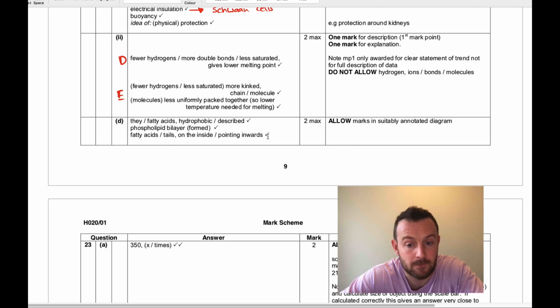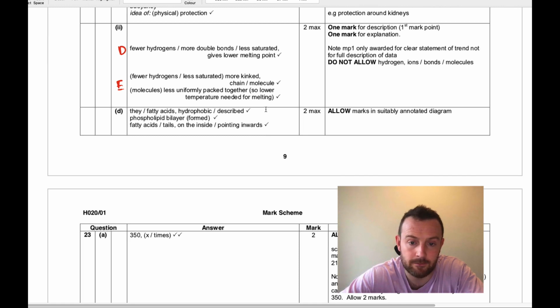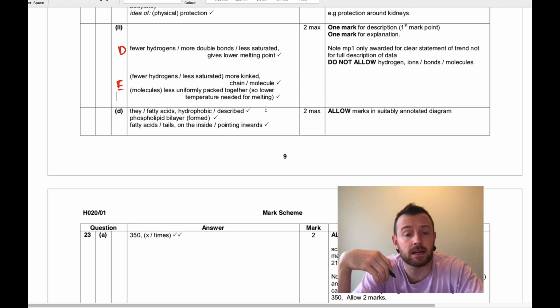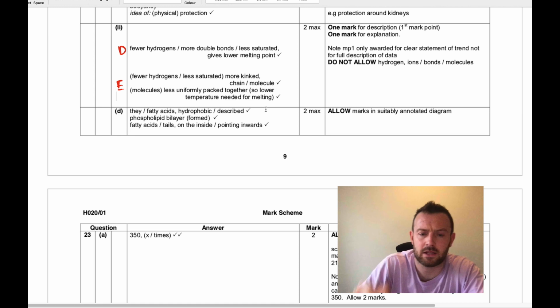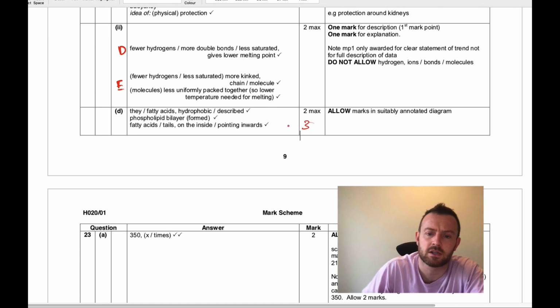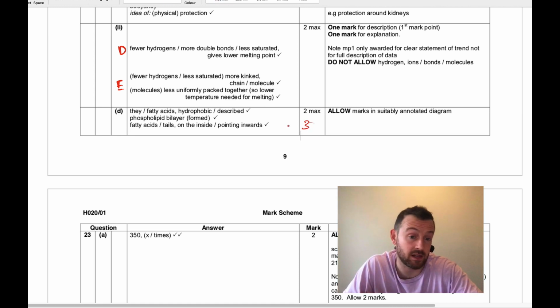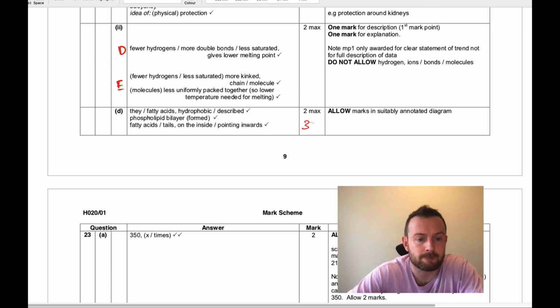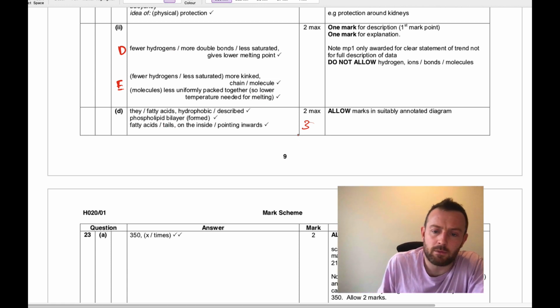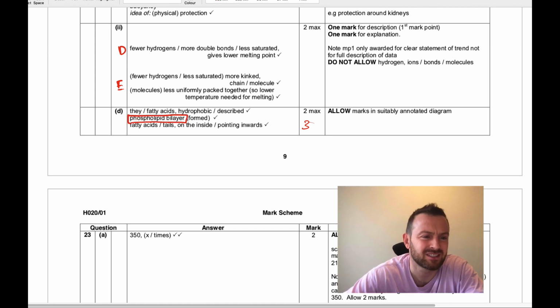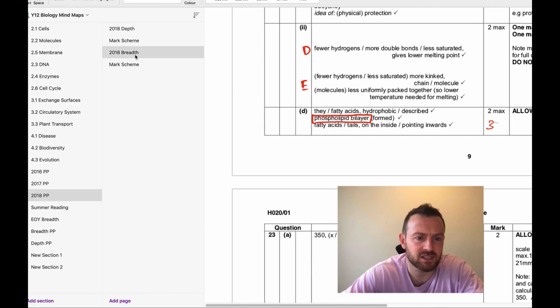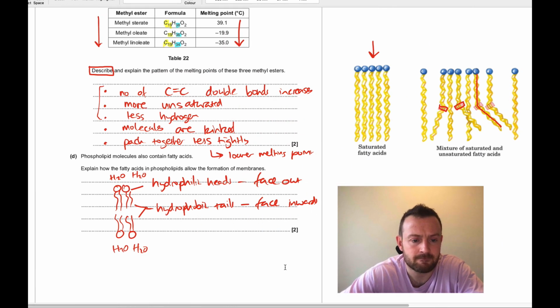I've also seen the same question in previous papers. There are also marks given for saying that the hydrophilic heads are facing into an aqueous environment, but I think in those questions it might have been a 3 max or a 4 max, so there's more things you can say. I think on that one I would have got 2, but it is also sometimes worth saying the obvious. I think I forgot to say that it is a phospholipid bilayer in the membrane, which is a key statement.